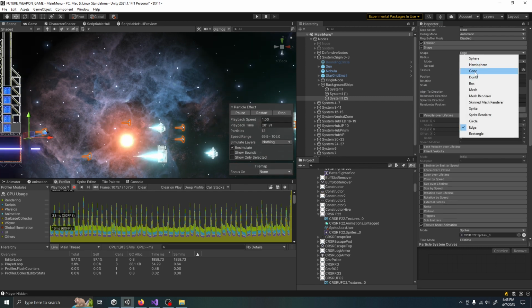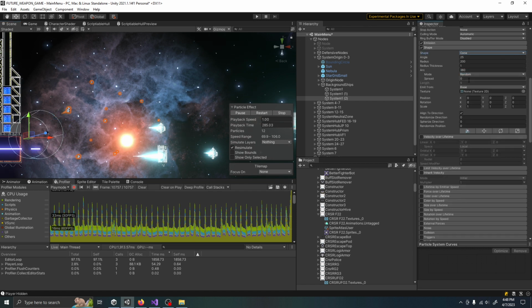So if we used maybe a cone and we rotate the cone,